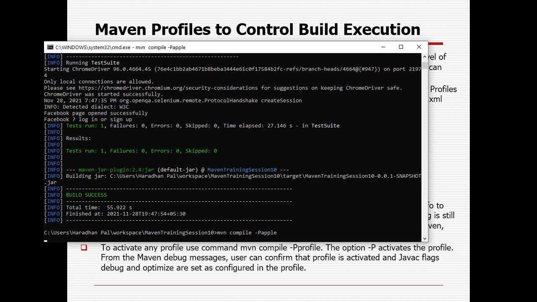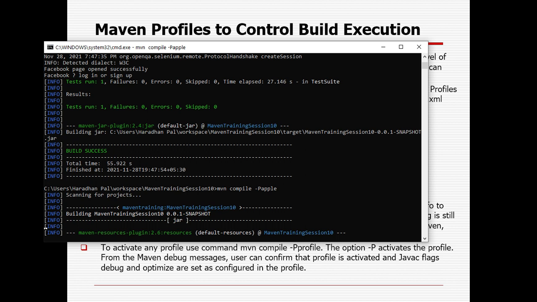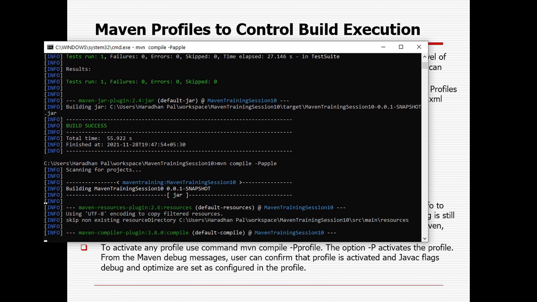If you run it, whatever Apple method you have created, the Apple page will open, you can get the title of the page, and it will be closed. It runs based on the testng.xml file, and Facebook is associated with your testng2.xml file. So you can create multiple testng.xml files where you set your configuration, and based on the configuration you create multiple profiles, giving that testng XML reference path.